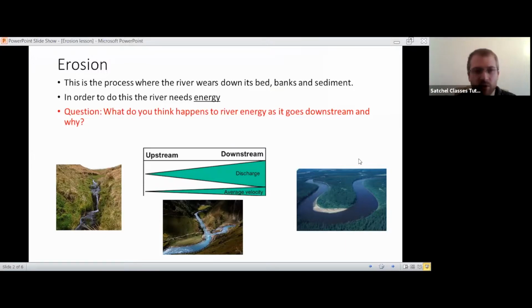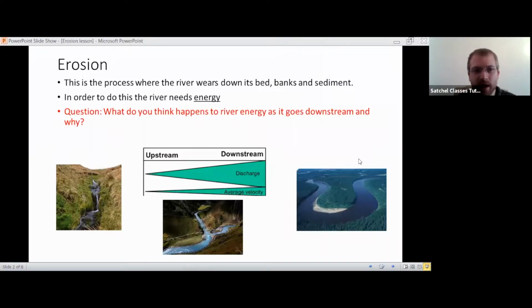So on the left, we've got a river in the upper course. On the right, we've got a river in the lower course. So think about how the characteristics change. We've got a diagram that can help you, or an image below the table that can help you explain why